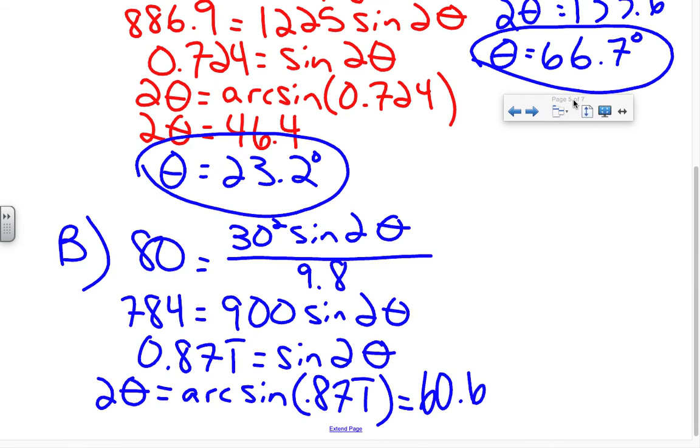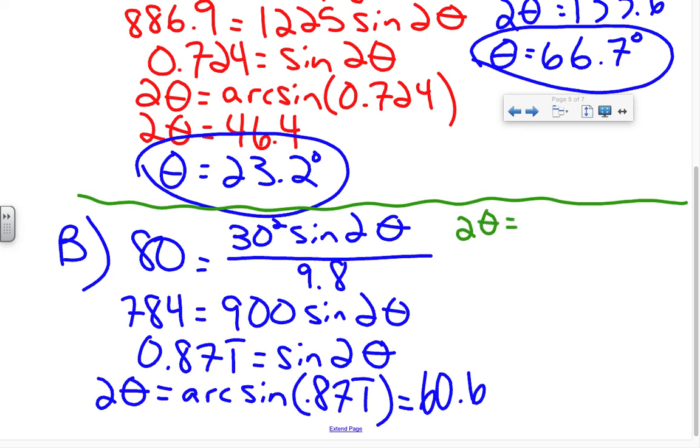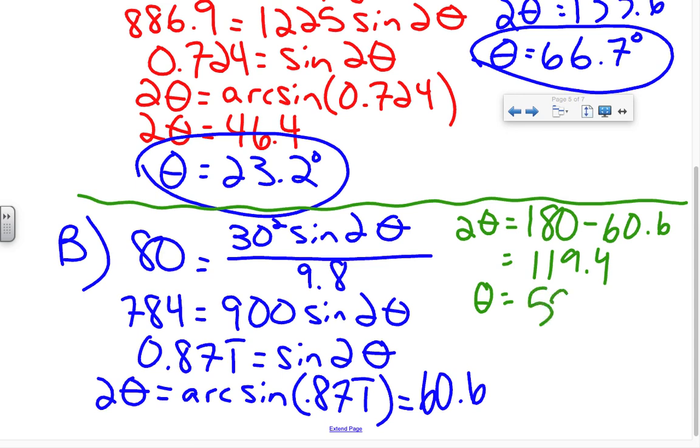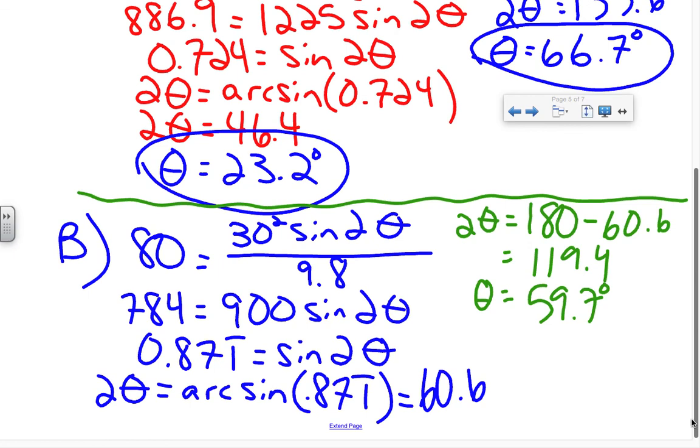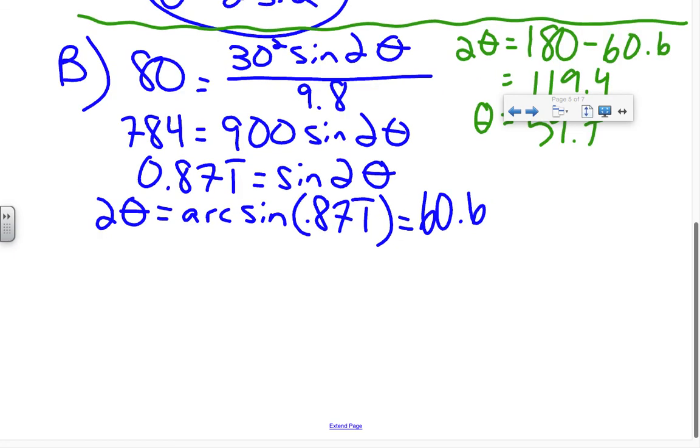But again, remember, there's another angle that also has a sine of 0.871 repeating. And it is equivalent to, so 2 theta could also equal 180 minus 60.6, which is 119.4. And so I solve for theta in both of these equations. I get 59.7 degrees, or 30.3